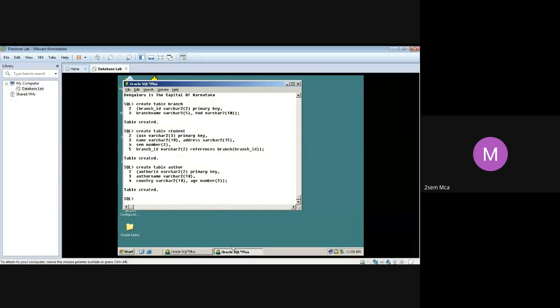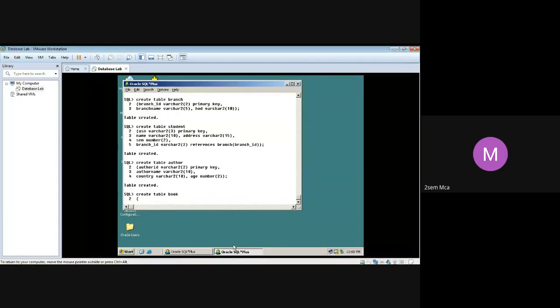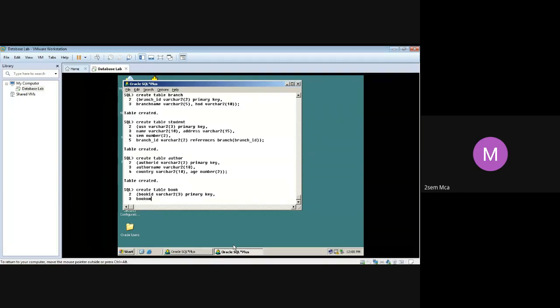Okay, let me proceed. The next table that we are going to create is book. Create table book. Book ID, varchar2 of 3 I am taking, and that's a primary key. So don't forget that. Comma. Then we have book name, varchar2 of 15.